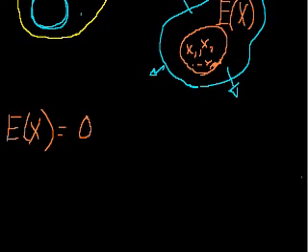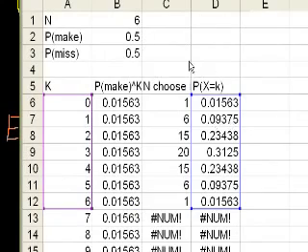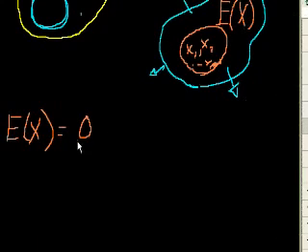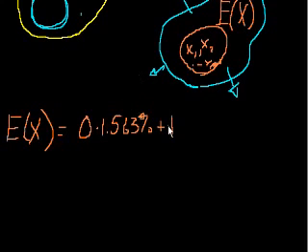So we figured out before that the frequency, and it's a little inexact because I don't actually have the exact numbers. So we get 0 showing up in our random variable 0.01563 of the time. So let me write that. So we're going to say, well, this happens, and I can write it as a percentage, 1.563% of the time, plus 1 happens